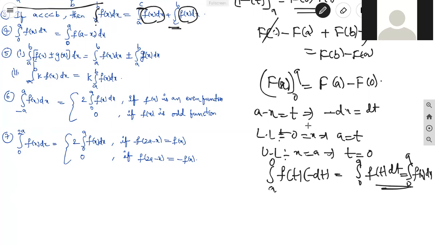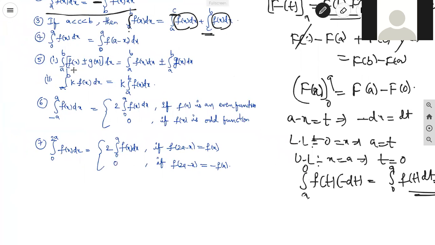Next, the fifth property: the integral from a to b of f of x plus or minus g of x dx is equal to the integral from a to b of f of x dx plus or minus the integral from a to b of g of x dx. If after the integration we get capital F of x plus or minus capital G of x, with limits from the lower limit a to the upper limit b,